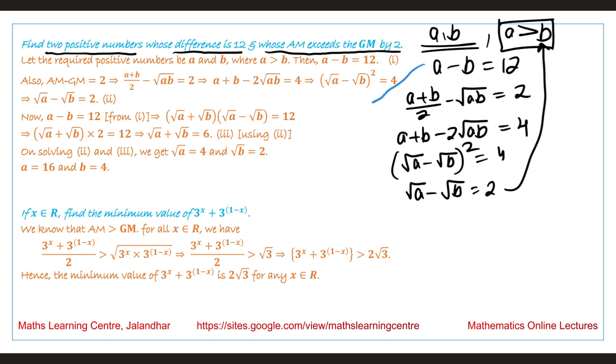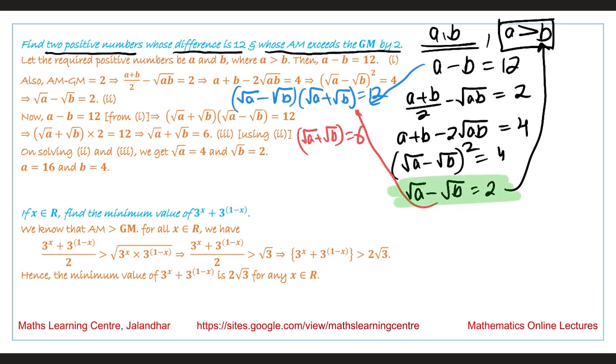Now from this equation we can write square root of A minus square root of B into square root of A plus square root of B is equal to 12. Now if we substitute this value over here, we obtain square root of A plus square root of B is equal to 6. Now we have two equations. One equation is square root of A minus square root of B is 2. Second is square root of A plus square root of B is 6. Now if we add both these equations,